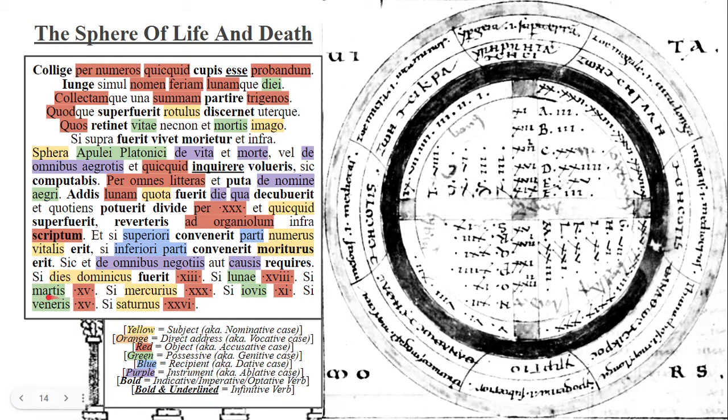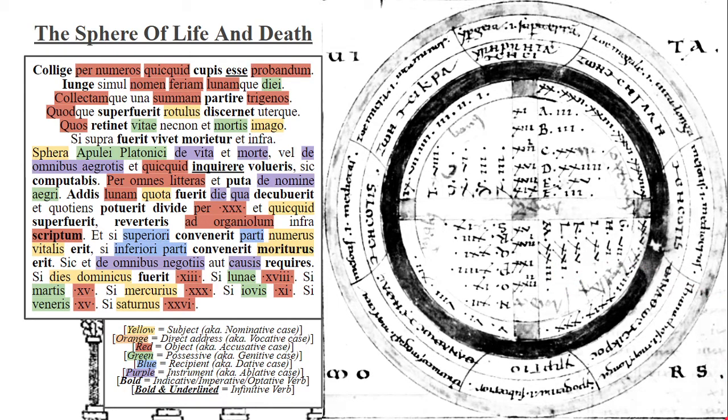Si martis, you add on 15. So if it's Tuesday, you add 15. If it's a Wednesday, you add on 30. If it's Thursday, you add on 11. Si veneris, decimet quinque. If it's Friday, you add on 15. And lastly, si Saturnus, you add on 61 to the total number before you divide it. So there you go. This is the text giving you its own sort of figures. So now with that and with the numerical key that we have here, you have all that you need to add up the sphere of life and death and figure out if you are going to die.